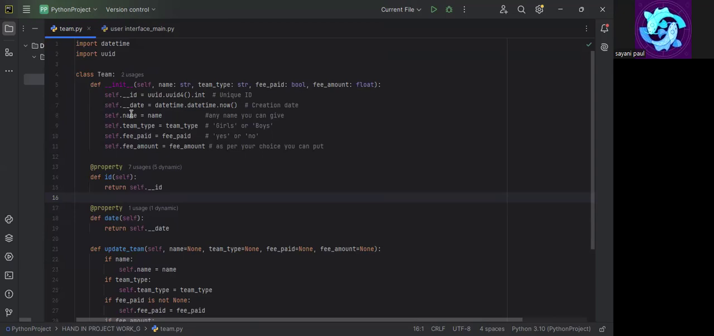Here we are. This Python program basically defines a class Team, which represents a youth hockey team in an object-oriented manner. So firstly, what we did,